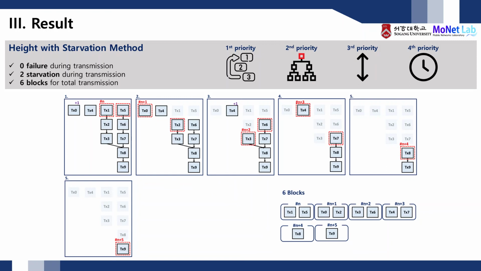Last is the result with the height with starvation method. 4 priorities are in consideration, where all factors are identical with the previous height method, except starvation occurred transaction has the highest priority. The first step process is similar to the method of height, except this time starvation point is applied to transaction 0. This is because in the original Hyperledger Fabric method, transaction 0 was processed at the first block. At the second step, transaction 0 gets processed into the first base of the block, since starvation occurred during